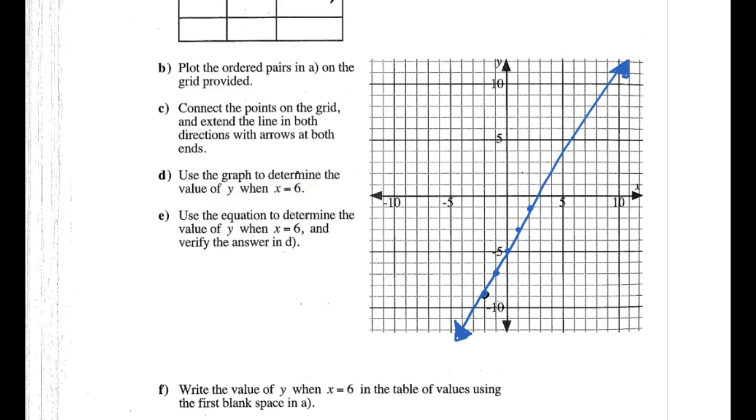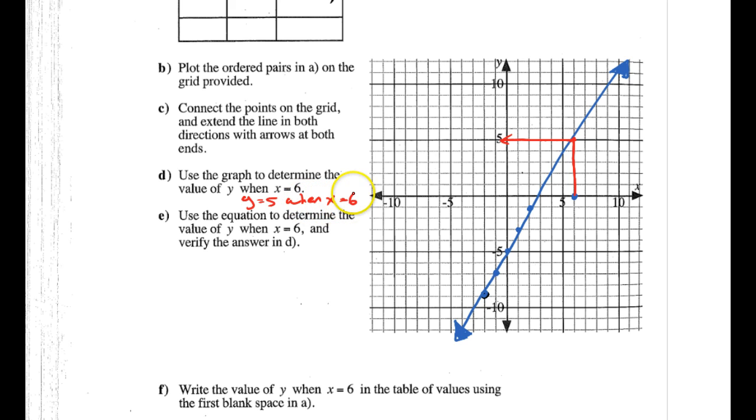This is the nice thing about graphing equations, is that I can now predict what y is going to be when x is 6. Well, where is x is 6? X equals 6 over here. Now, all you do is go up to the graph until you hit your line, and then you go across to the y-axis and read what the number is there, and that is clearly 5. So y equals 5 when